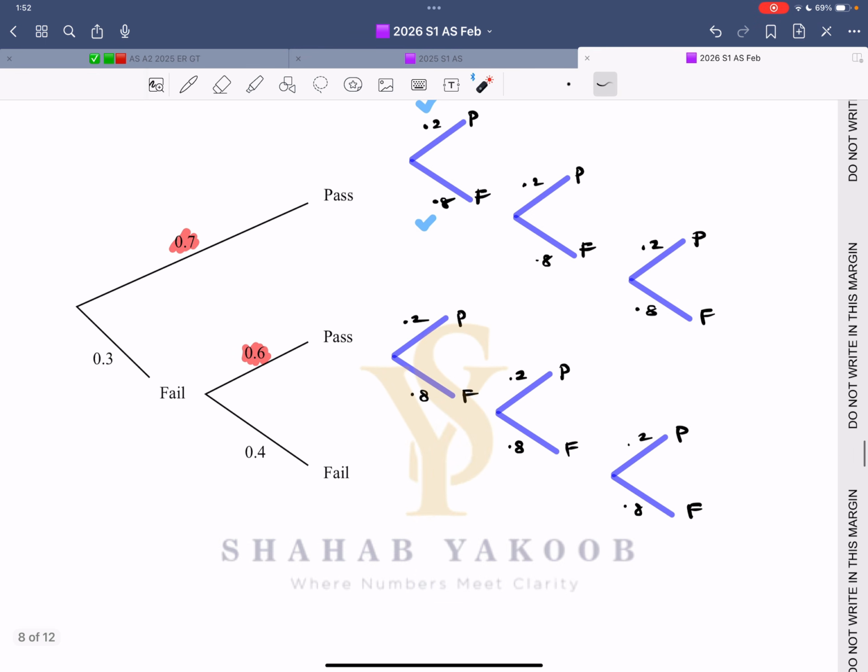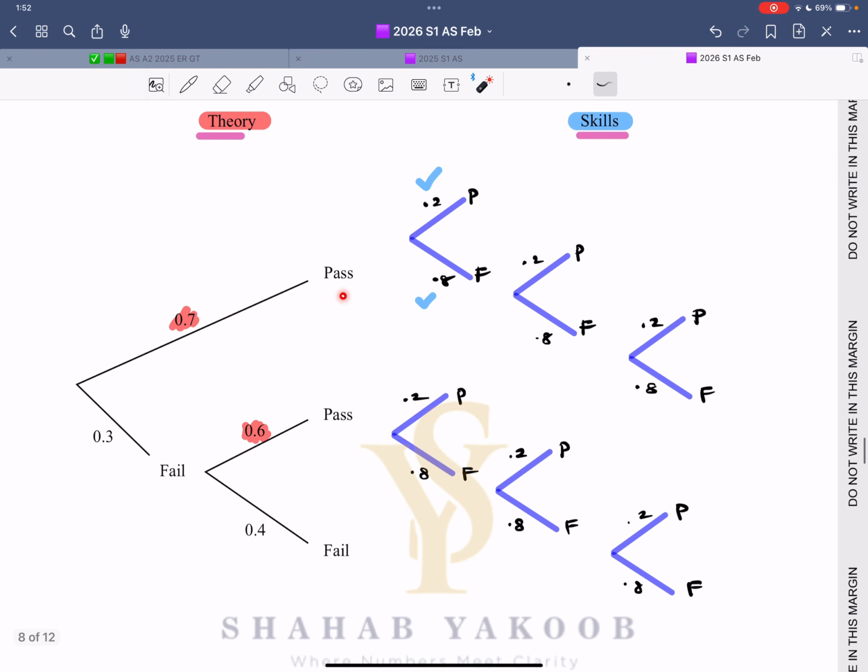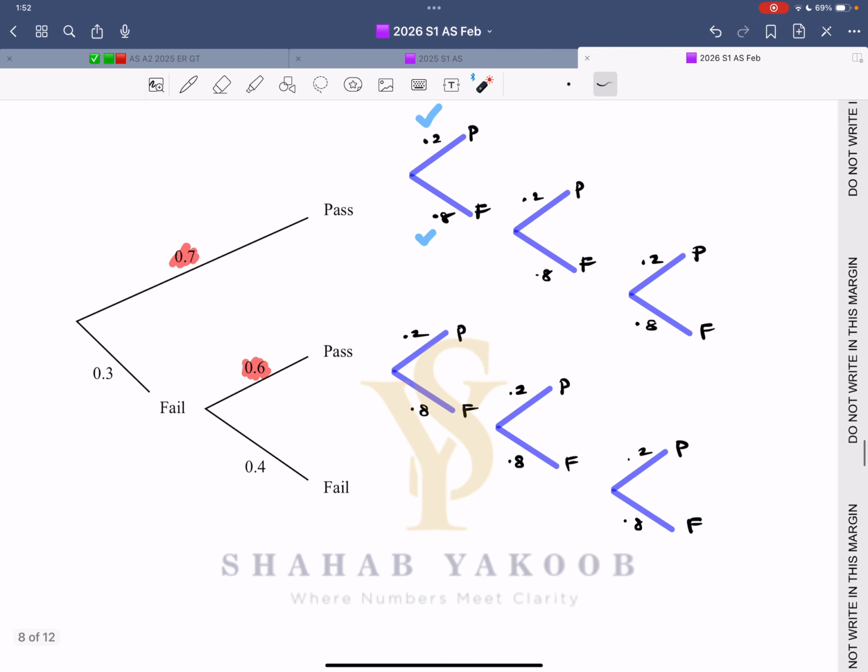Now focus on this. Pass, fail. If they have to go again, pass and fail. Now if someone passes, then again pass, fail, then again pass, fail, then again pass, fail. So in front of fail, there is another chance. If someone passes, that's good enough. Similarly, in place of this pass, there is pass, fail, pass, fail, pass, fail. Now the main thing, let's just keep on looking at the diagram.